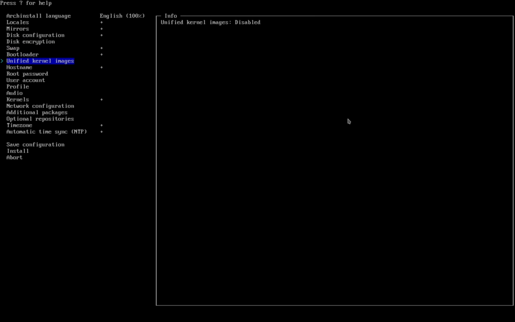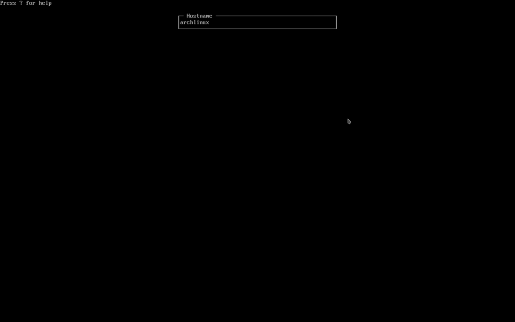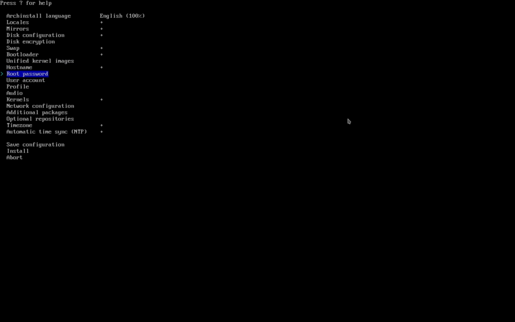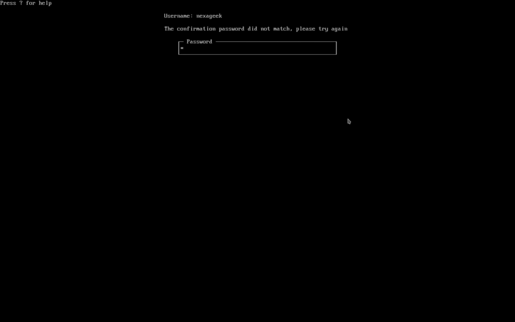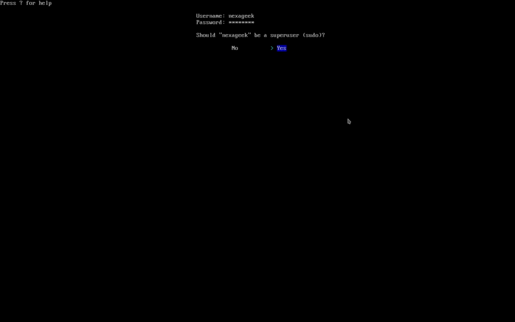Unified kernel image, I'm not gonna choose this option. Hostname, I'm just gonna leave it as arch. A root account, I'm not gonna need it because we're gonna use the user with sudo privileges, so I'm just gonna skip it. So then click on user account and click on add user. Here type your username and then the password, and retype the password, and then click yes, so the user can be in the sudo group,